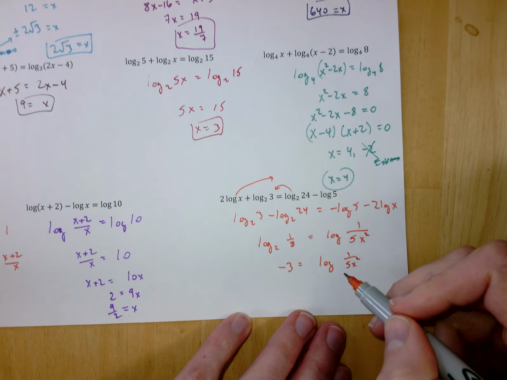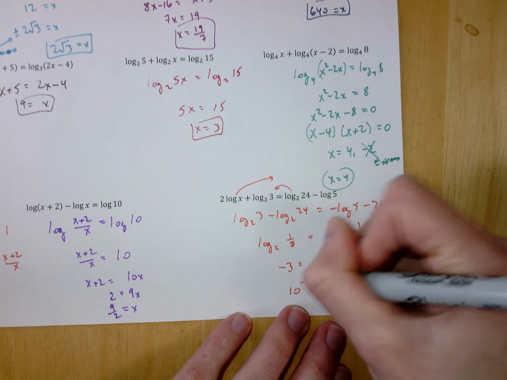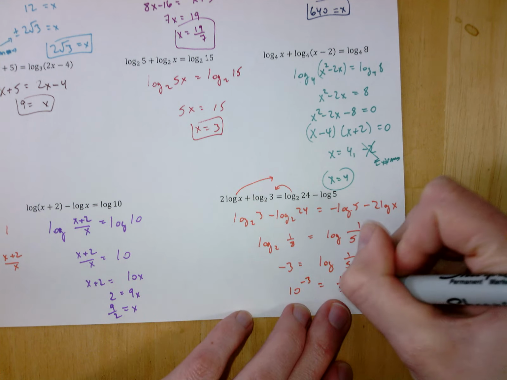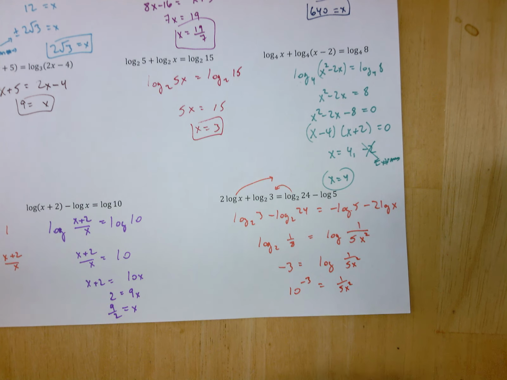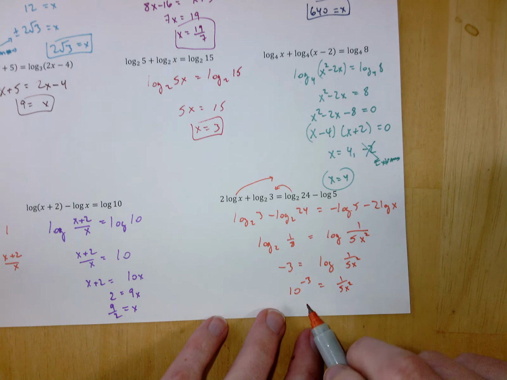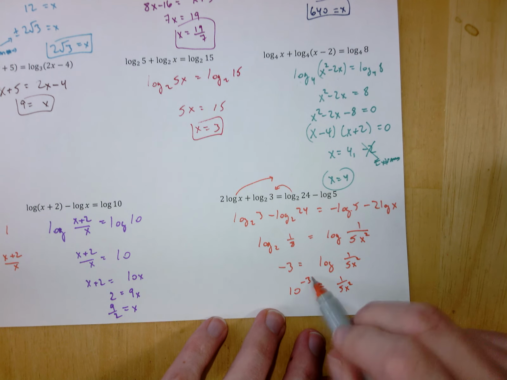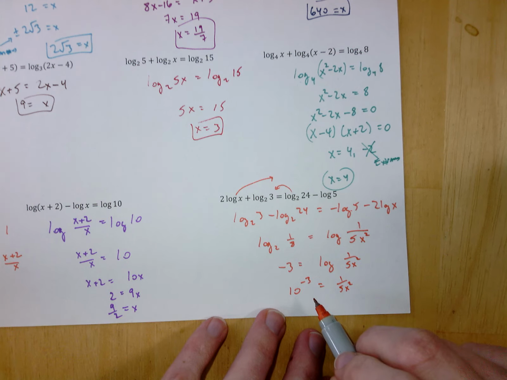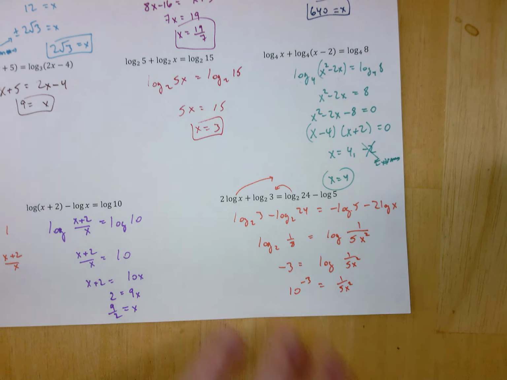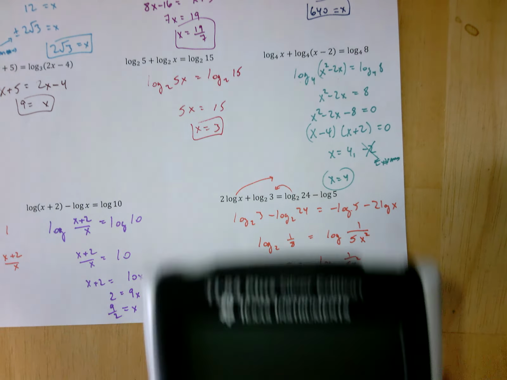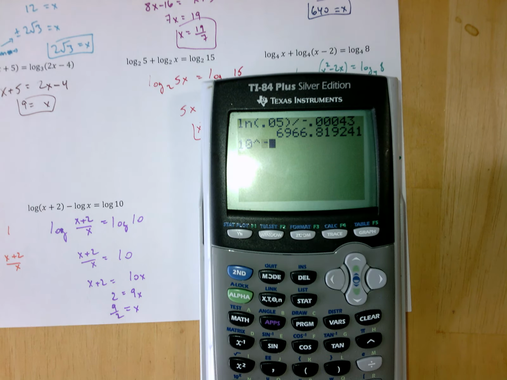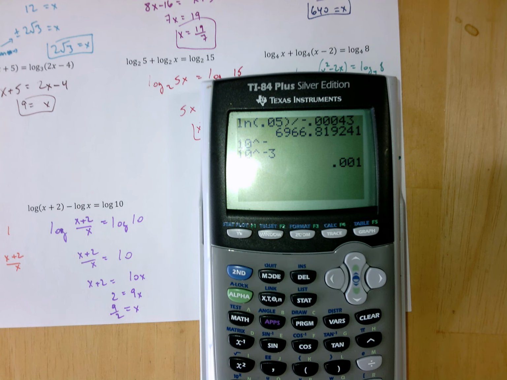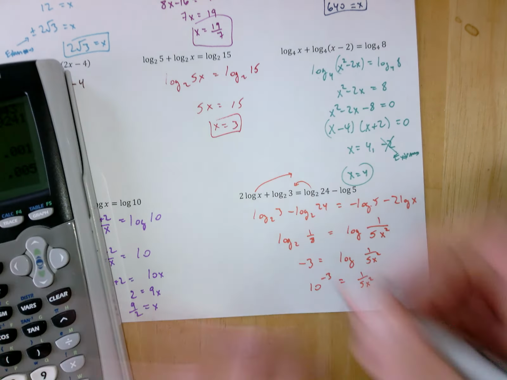And now I can convert and solve. Remember, this is base 10. So I'm saying 10 to the negative 3 power equals 1 over 5x squared. Kind of annoying. I'm going to have to multiply both sides by 5x squared and then simplify this. So that's 1 over 1,000, right? And then we're multiplying it by 5. So if that's too much for you to hold in your head, right? So 10 to the negative third, and then we're multiplying that by 5x squared, right? So this is working out to